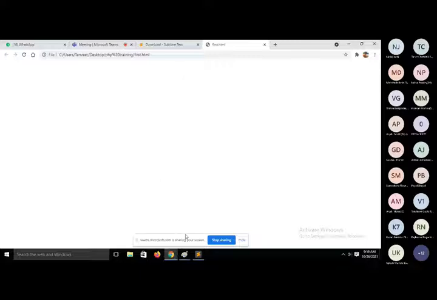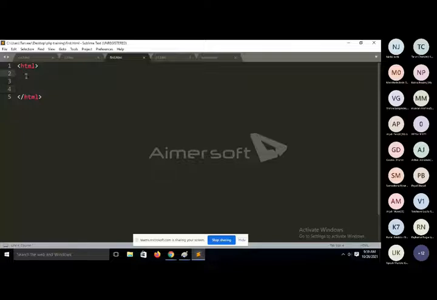First one is basically this one. This one. It is known as the header or head part. If we want to do anything inside the head section, then we will use the head tag.